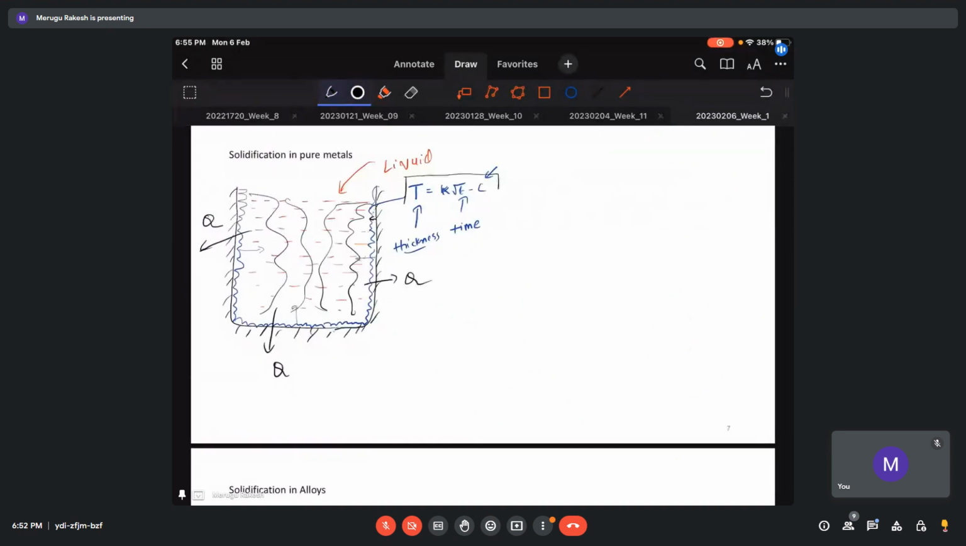Okay, that is how they represented this formula. Yes, I understand now. So this K and C, this C mainly depends on the superheat you put. Superheat is nothing but the temperature. Suppose I say 600 is the melting temperature, but while pouring, if I keep 600, it will